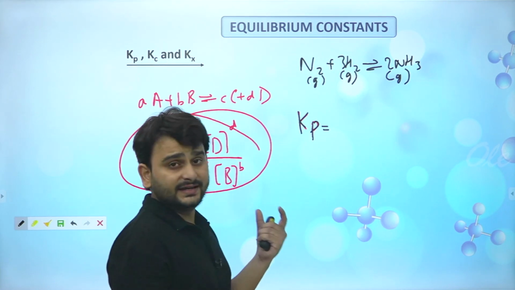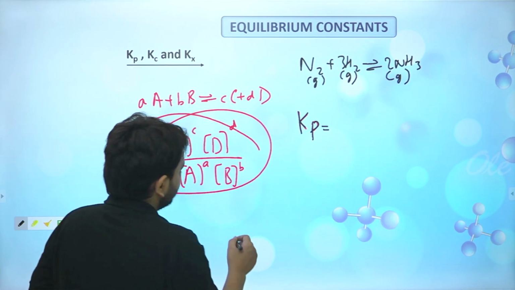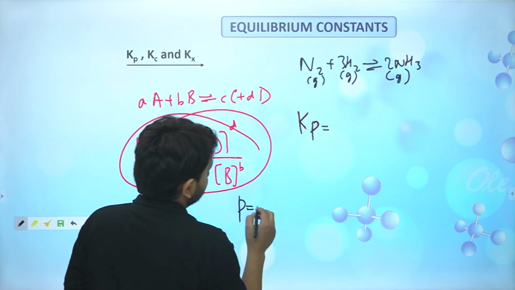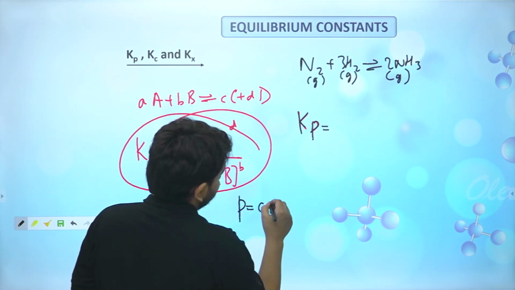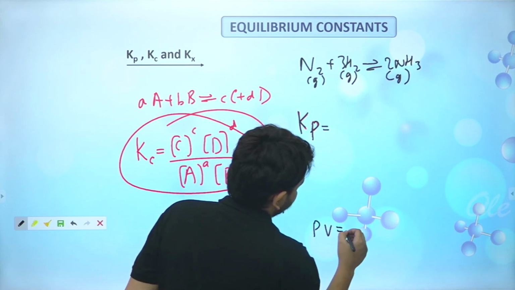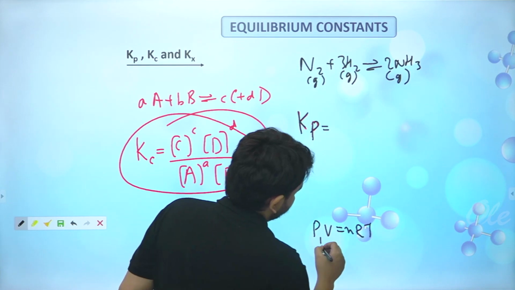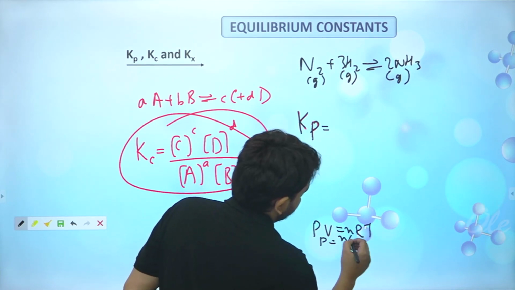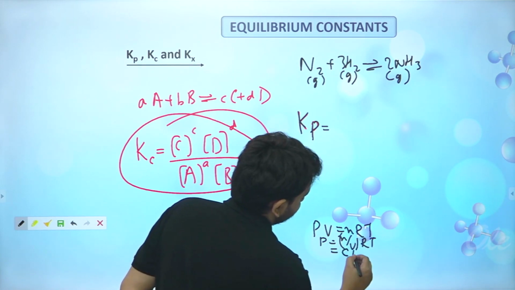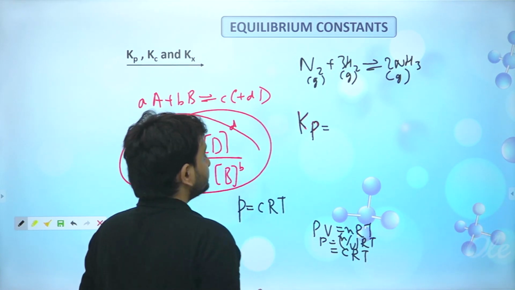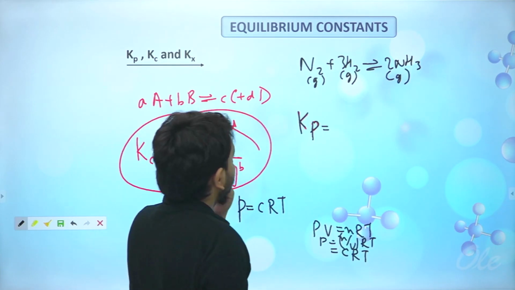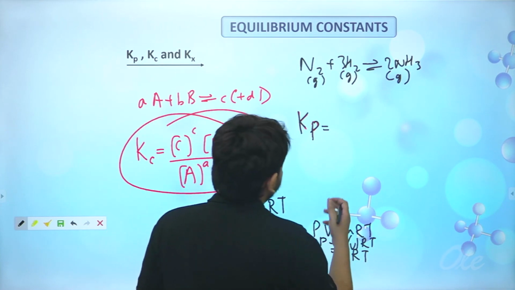In the gaseous state, what we've studied is that the partial pressure, denoted by small p, is basically concentration times RT. By the ideal gas equation, PV is equal to nRT. So P will be n by V into RT, and n by V we already know is the concentration. So basically P is CRT. If you're writing Kp in terms of this, Kp is defined as